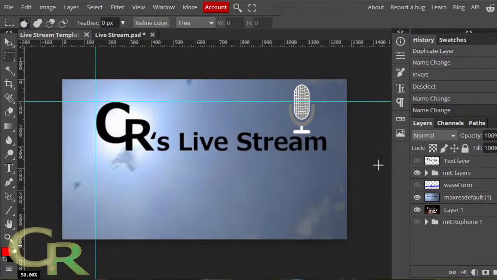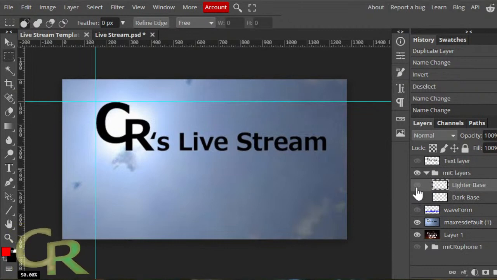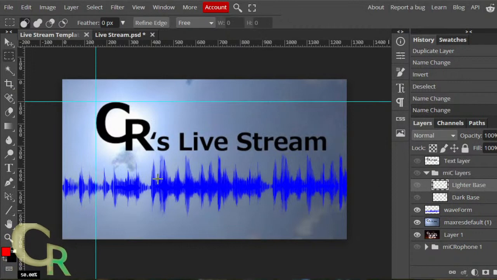So I made a microphone, two versions. Whichever one works, I'll just not hide that for now. I also have this waveform right here to represent the sound. And I can change the color and stuff like that.